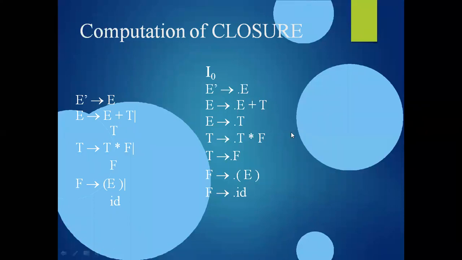For that purpose, we are giving a name to this closure, with an I. Why? Because I represents an item. So I am naming the whole set of these production rules in this closure of I as I naught, starting with I naught, because I start my sequence of items with the 0 sequence.